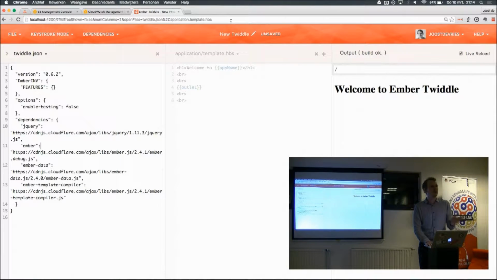Who is using add-ons in their Ember apps? I assume, yes. I assume that. So one of the things when working on Ember Twiddle we were thinking about was it would be really nice if you could easily demo an add-on in the browser. And it would also be really helpful to demonstrate issues you have with add-ons, which happens quite often if you work with add-ons a lot, and especially if you upgrade your Ember version or whatever. So